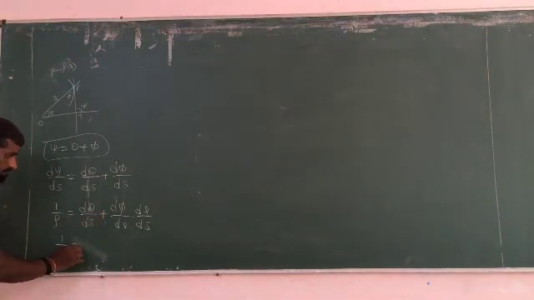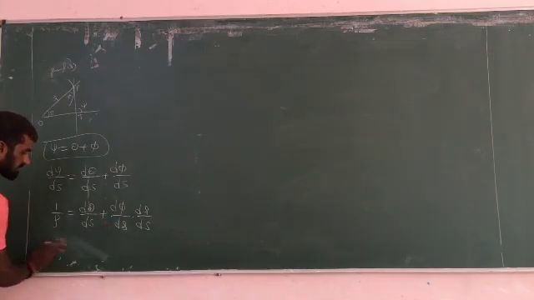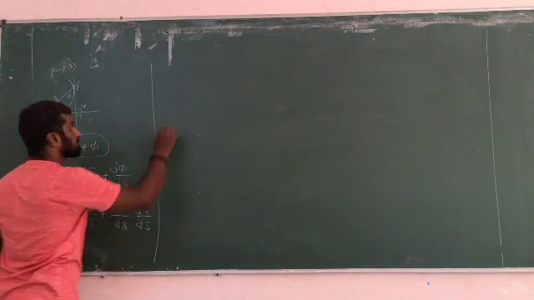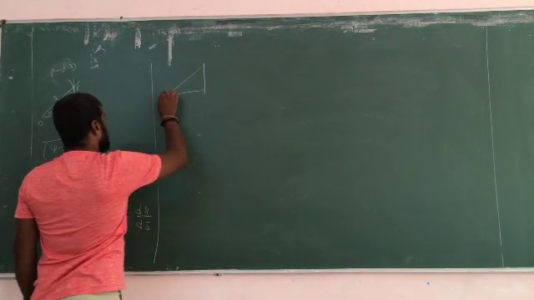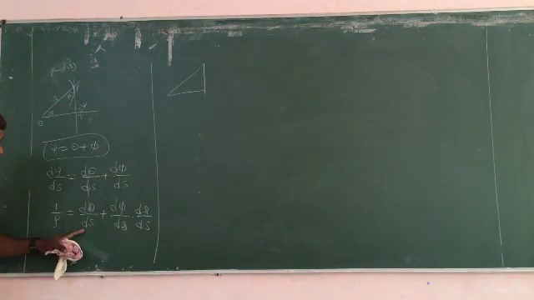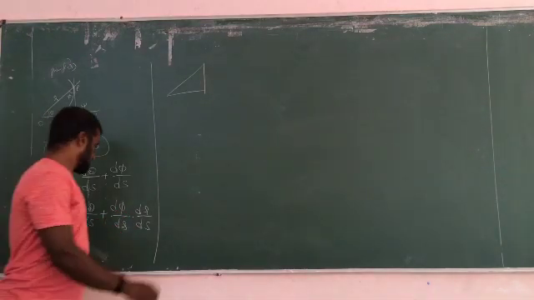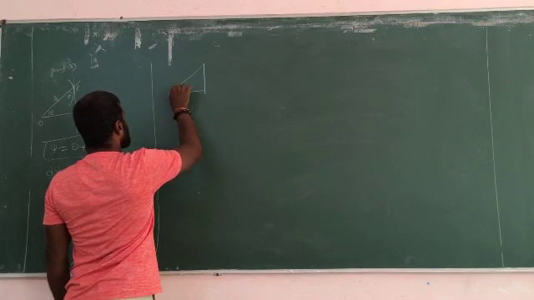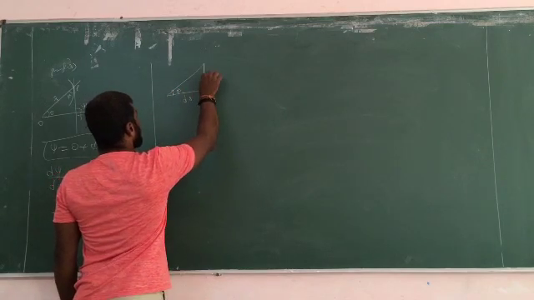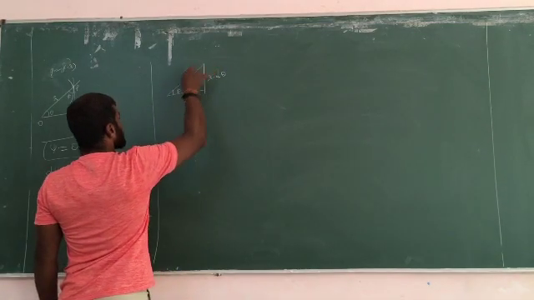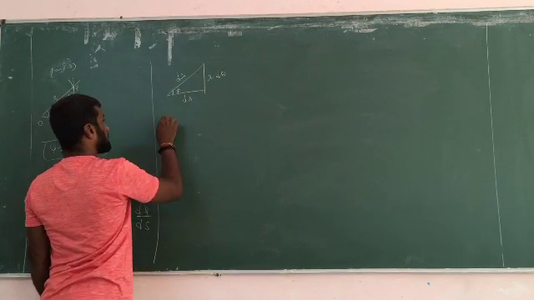Now using this, 1 by rho, there is no common, so keep as it is. So draw this diagram, right? You must find d theta by ds and dr by ds, right? So keep psi as it is, so it is dr, r into d theta, so it is the arc length of the curve, it is ds.